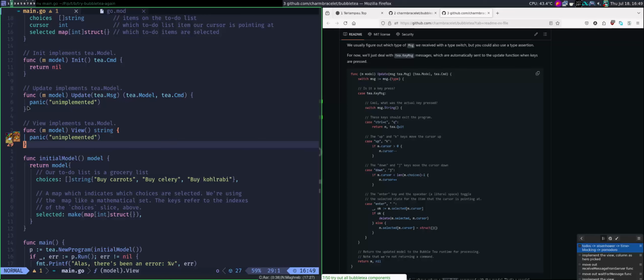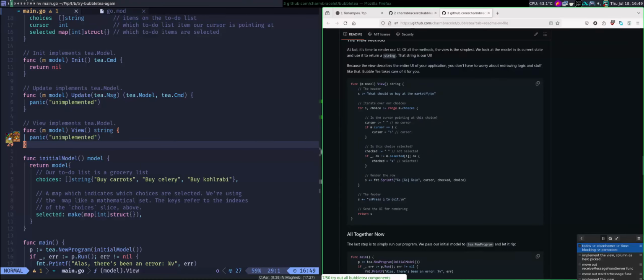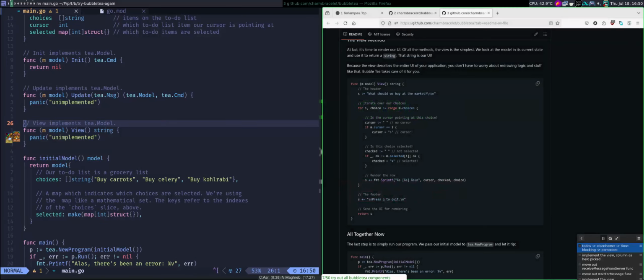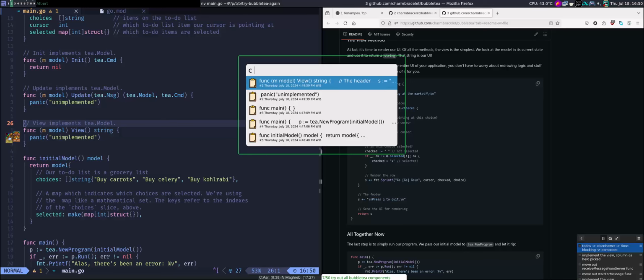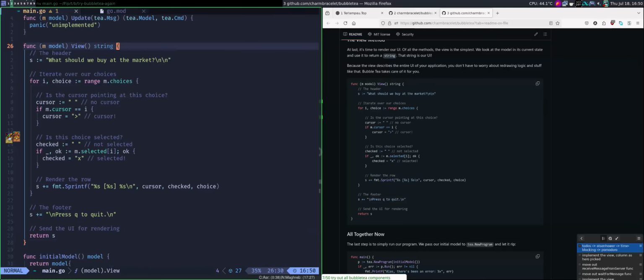So let's move to the view first. Okay, so this is basically everything that will be shown. I think I copied it. Okay, so this is the header. This is basically just a string.